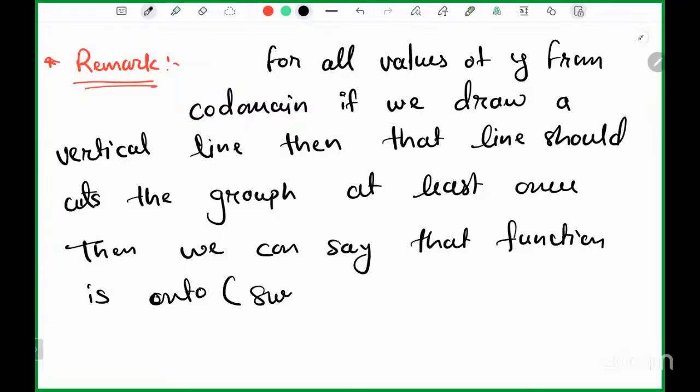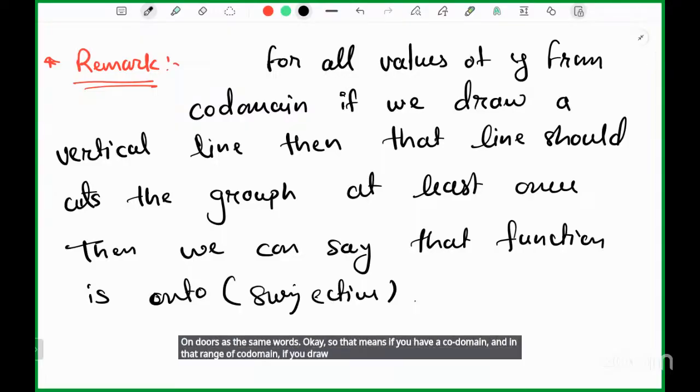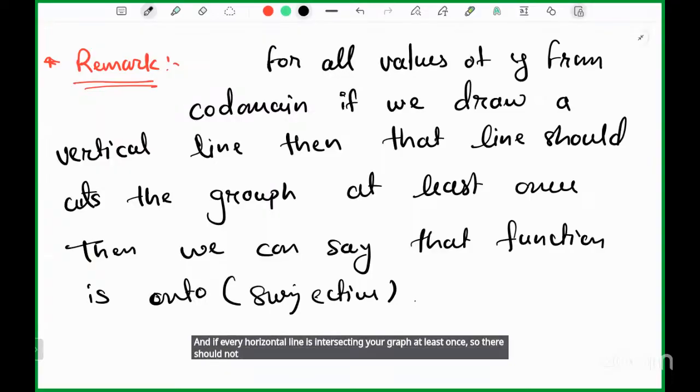Onto or surjective, same words. So that means if you have a codomain, and in that range of the codomain you draw several horizontal lines, and every horizontal line is intersecting your graph at least once, so there should not exist any horizontal line which is not intersecting the graph. If every horizontal line intersects the graph at least once, in that case you can say that the function